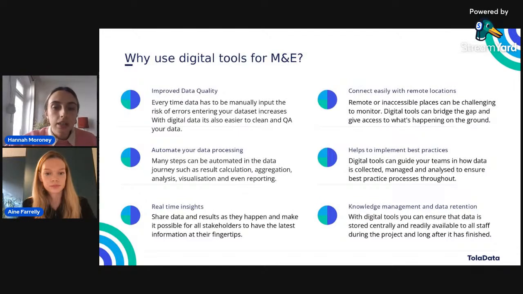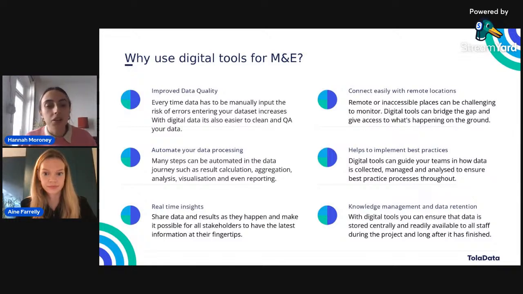But before we do, the last one that I really want to discuss today is using your digital tools for knowledge management and also for data retention. Because with paper-based processes, you remember the guy in the cartoon, it's quite possible that you can end up in this flurry of data and documents and you don't know where things are being stored.